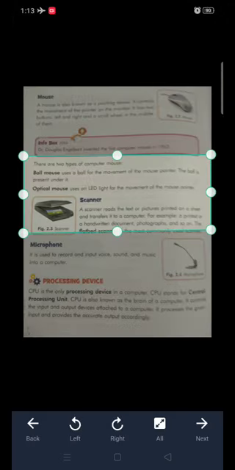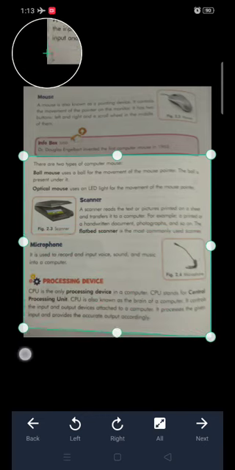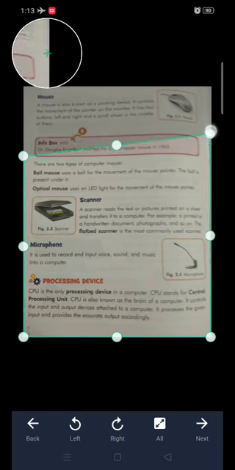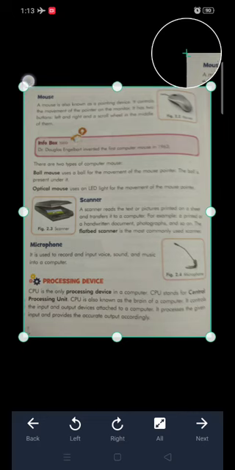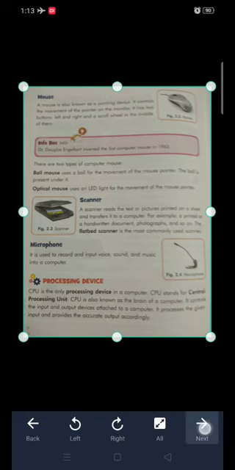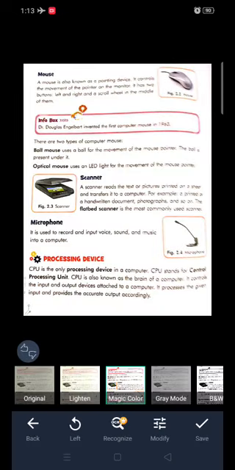So now you can see that I have clicked on the second page and I am dragging these icons to the end of my page so that I'll get a scanned copy of the whole page.